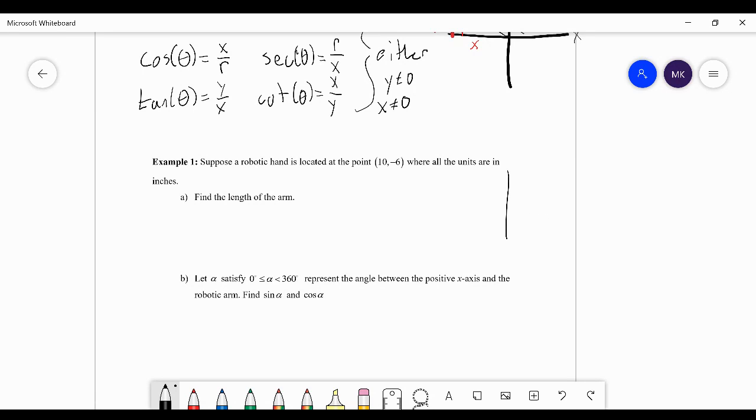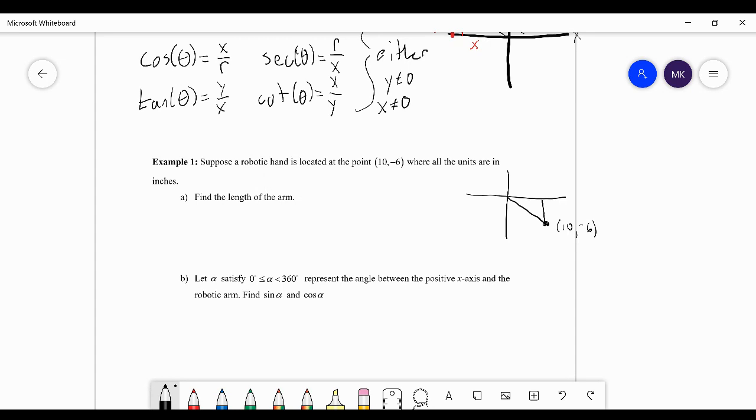The point (10, -6) is going to be somewhere about here. So this is the point (10, -6). If we make an angle out of that, how long is the arm? Well, how in the world are we supposed to figure that out? Except, wait,